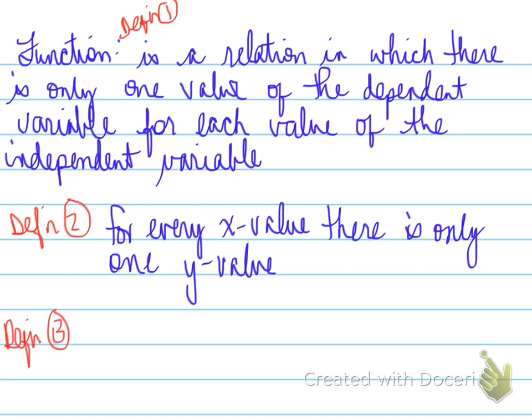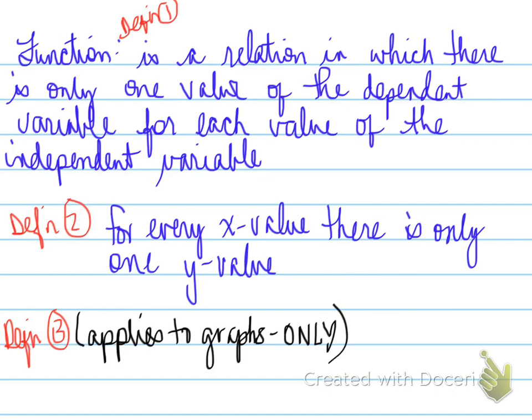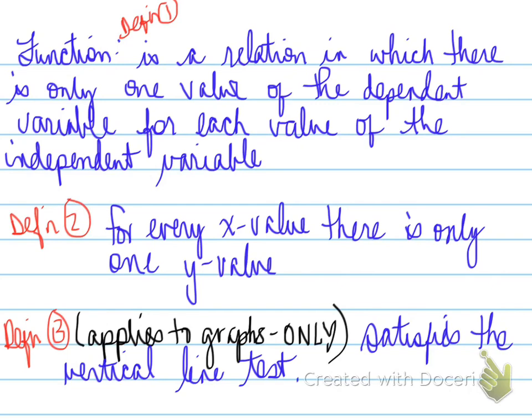Now definition 3 is used primarily for graphs. Okay, and we use this definition for graphs only because it talks about something called the vertical line test. Definition 3 says that a function is defined when it satisfies the vertical line test. That is, it passes the vertical line test. Now, let's look at an example. But before we begin looking at these examples